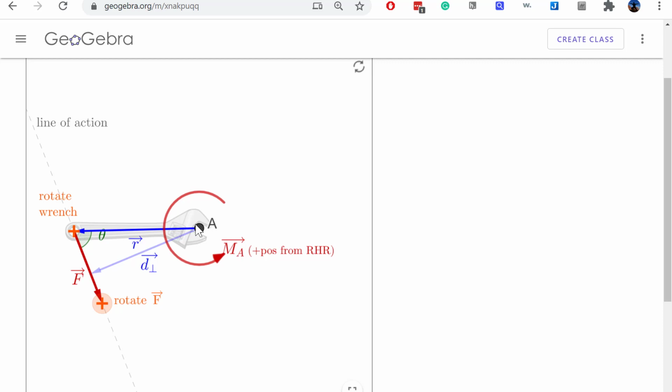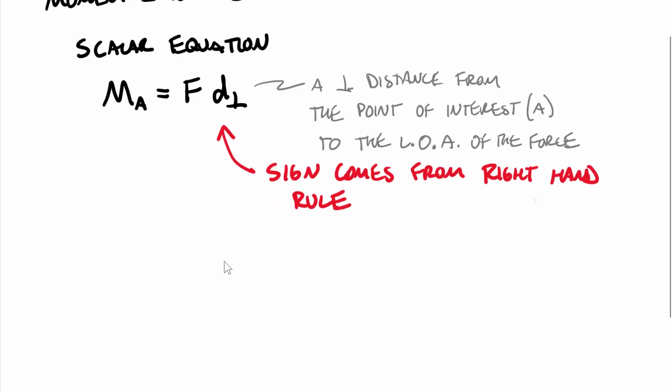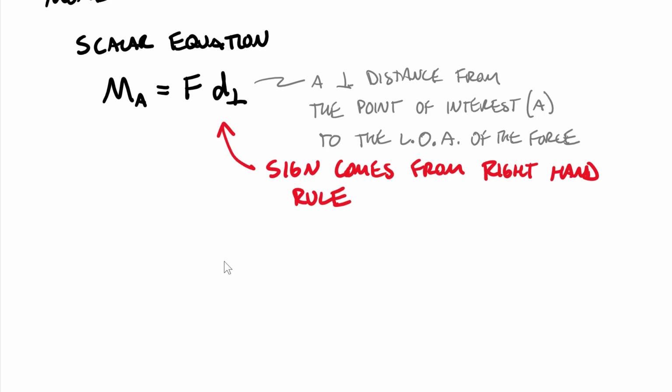We also could have drawn an R that went up here on the line of action. Any of those R's, just like this D perpendicular is a special case of R, would give us the exact same moment around point A. So coming back over to our notes, we could write that the vector equation